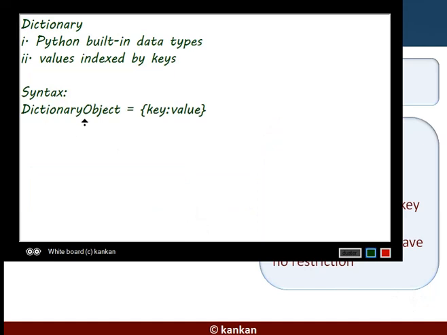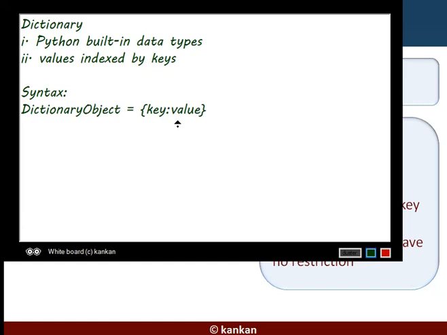So this is the syntax we have used here. Here we will use curly brackets to define a dictionary type of object. The key value pair is called an item. One pair made by the key and the value is called an item. The key and value are separated by a colon.